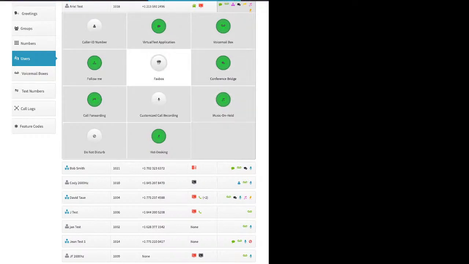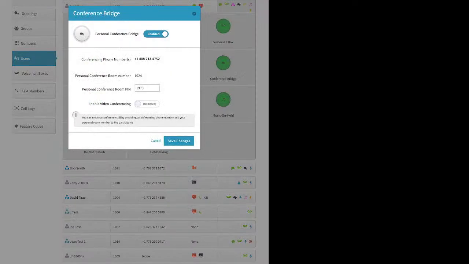The conference bridge, once you enable it as an admin, the only thing you actually really need to do is create a PIN number for them and then click on Save Changes. And all this means is that this user can host or moderate a conference. They can already join a conference as long as you had someone else be a moderator. You need at least one person to moderate in order to have conferences going, in addition to having a conference room